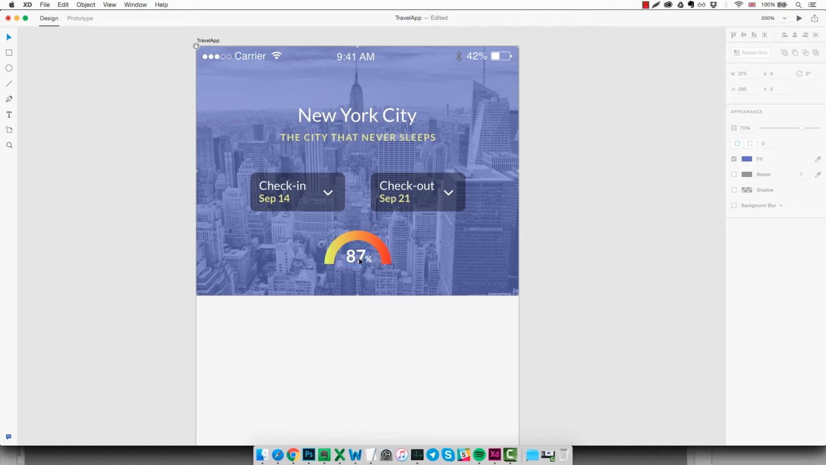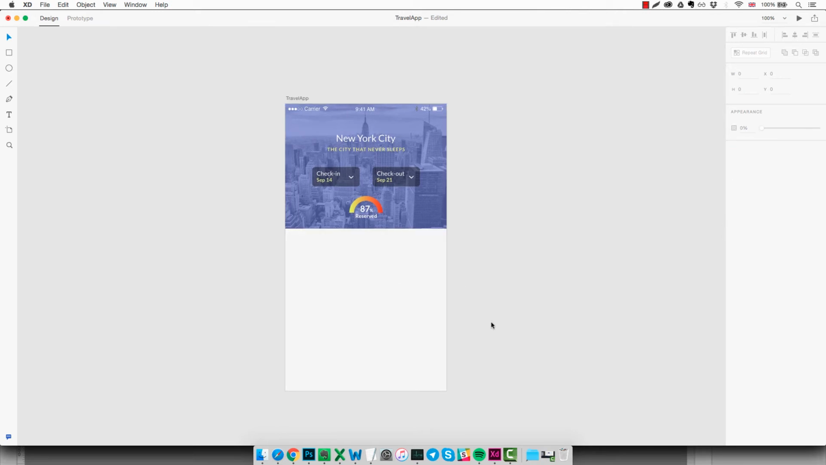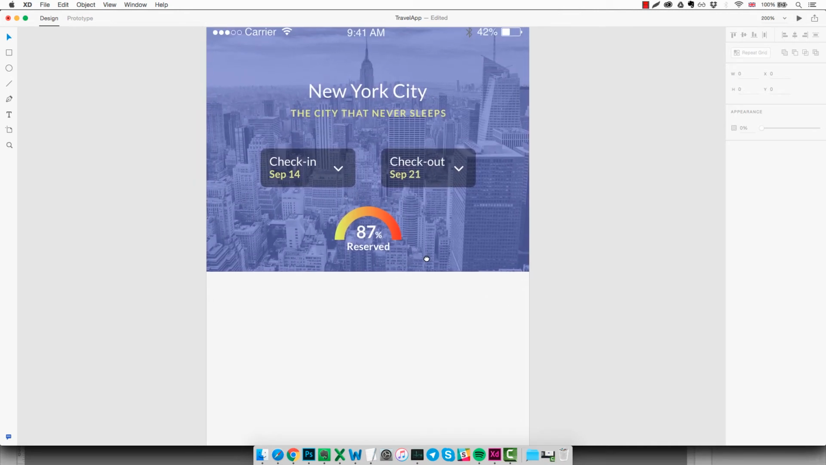Then we duplicate the text again, and we change the text to reserved. Obviously we need to make it smaller as well, a bit bigger. Yeah, and let's see how it looks on a normal zoom level. And it looks okay. So what we can do now is just zoom back to 200%, and we might want